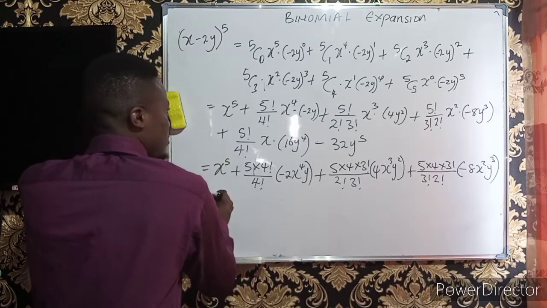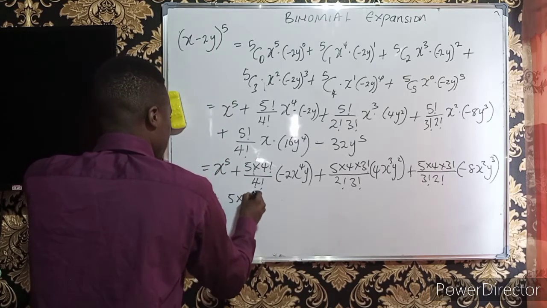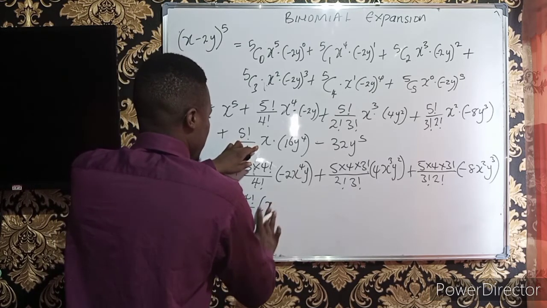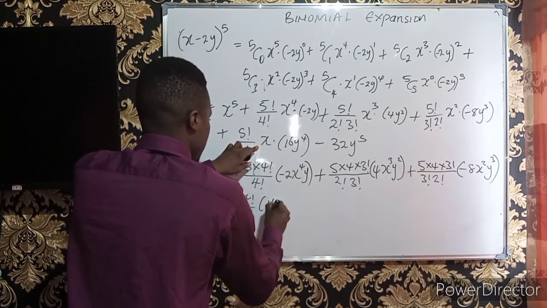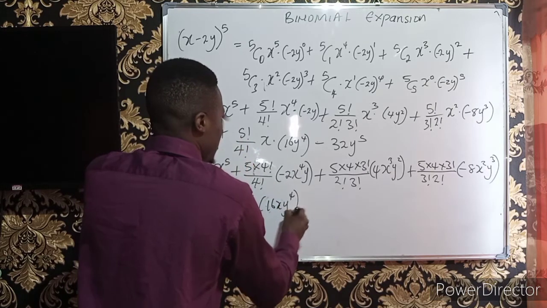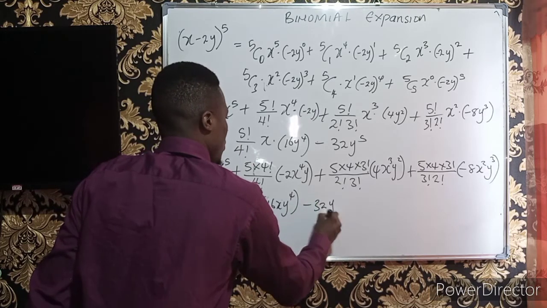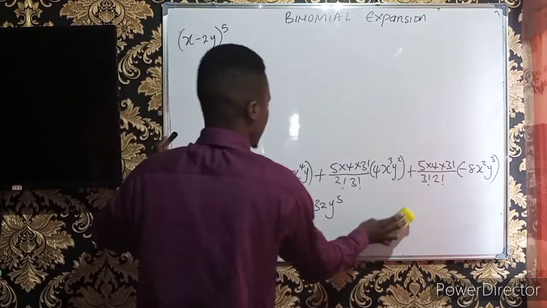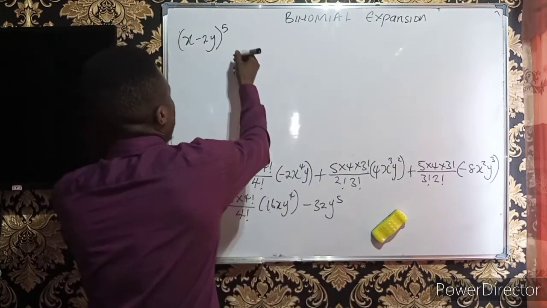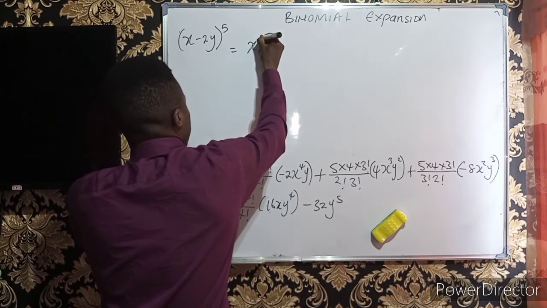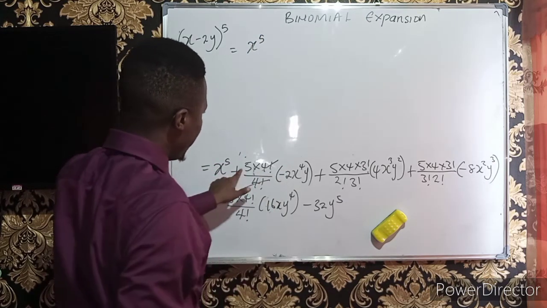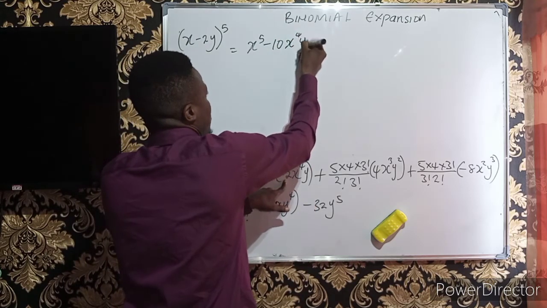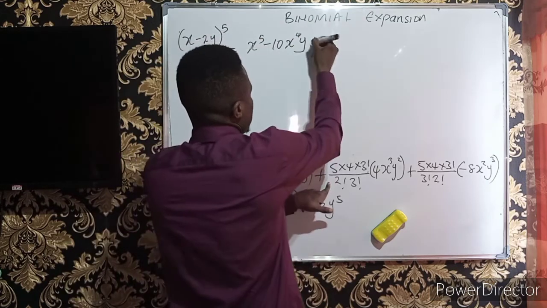I come over here. This will be the same thing as 5 times 4 factorial over 4 factorial. I have x, okay, 16xy to the power of 4, then −32y to the power of 5. I'll clean up here and, okay, so from here we have x to the power of 5. This cancels out to have 5 times −2, which will give us −10x to the power of 4 y